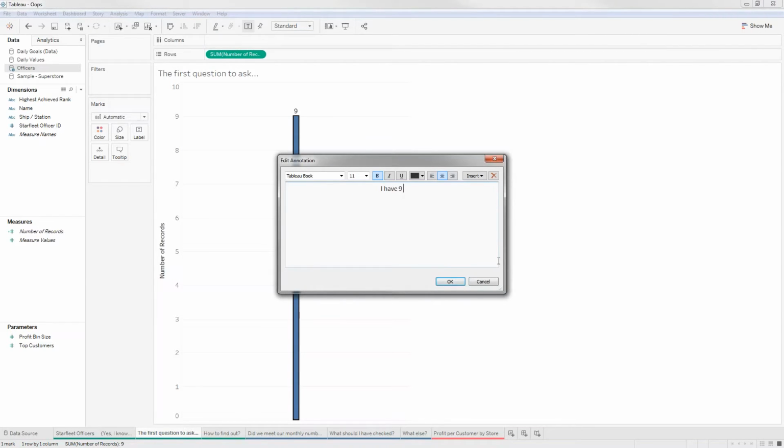I have 9 what? 9 officers? 9 starships? 9 individual ranks? And that's the very first question that you have to ask for any data set. What is an individual record of data? What does it represent? Because until you know that, you are likely to make analytical mistakes and blunders all along